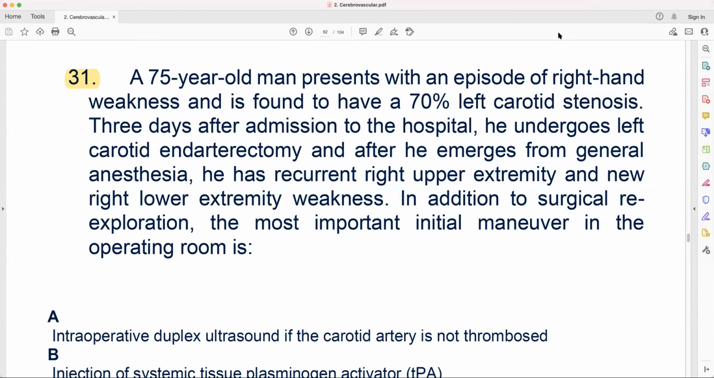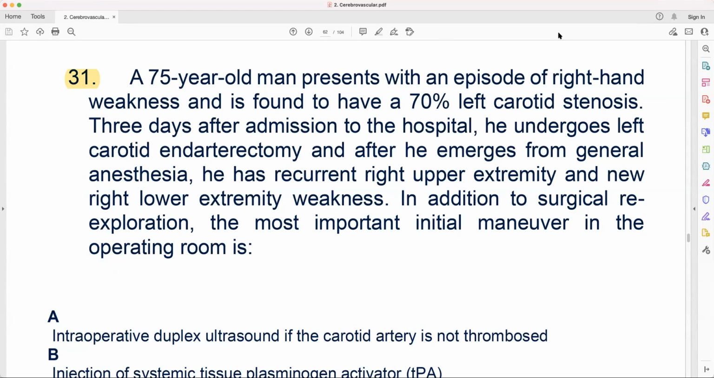A 75 years old man presents with an episode of right hand weakness and is found to have 70% left carotid stenosis. 3 days after admission to the hospital, he undergoes left carotid endarterectomy. And after he emerges from general anesthesia, he has recurrent right upper extremity and new right lower extremity weakness. In addition to surgical re-exploration, the most important initial maneuver in the operating room is